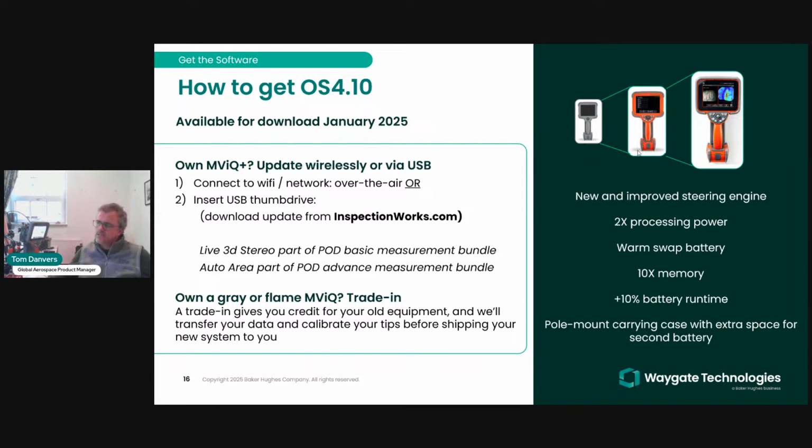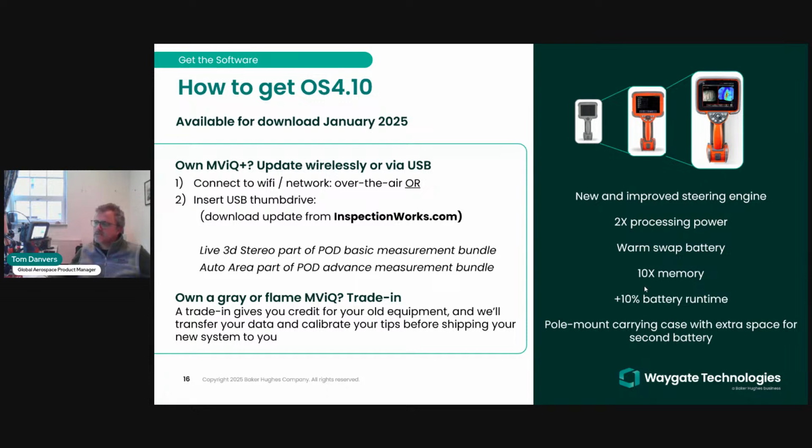And then we upgraded in 2017 to the second generation, which is MVIQ, still called the same thing, but it's not gray, it's orange colored. And we kind of also call that flame sometimes. That's the flame device. And then this time last year, so 12 months ago in 2024, we introduced the third generation MVIQ. And we called it the MVIQ Plus. So it is brand new. And this is the first major update above the software and the build that was introduced this time last year,